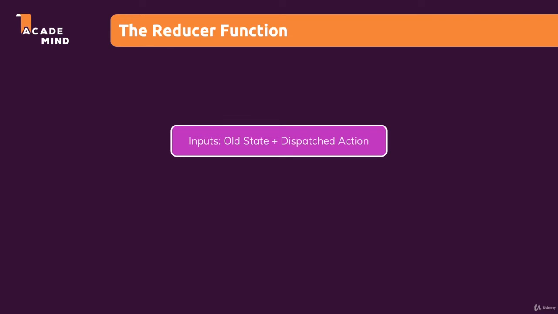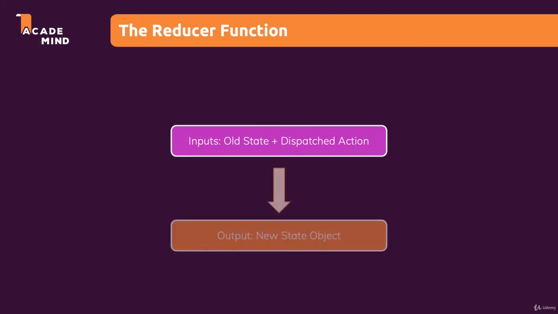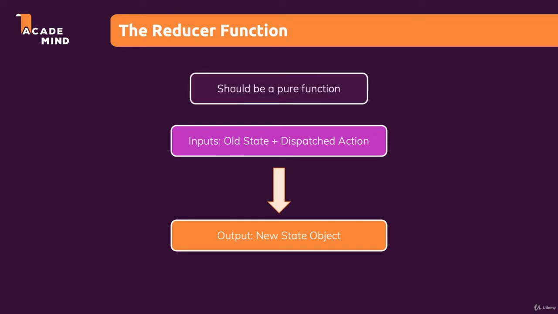And then this reducer function must return a certain output. It must always return a new state object. And therefore, a reducer function should be a pure function, which basically means that the same values for the inputs should always produce exactly the same output, and there should be no side effects inside of that